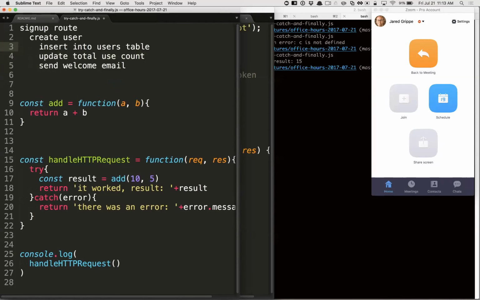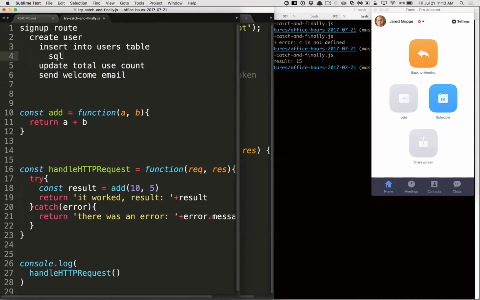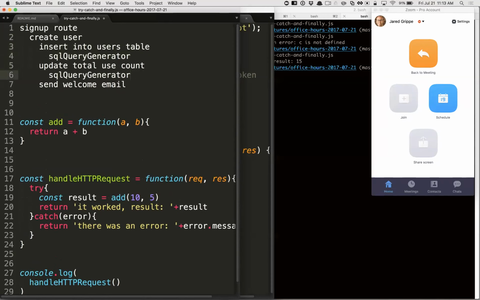We could put an if statement somewhere in here that would stop what was happening. But if I'm nested down inside of here, so maybe in here there's some sort of SQL query generator that we're using that's used in both of these things, right? If inside the SQL query generator there's an error, like you gave us a string for a field and it should be a number and it's not valid, this thing can throw an error, which allows the calling function to catch and rescue from it if it's programmed to do that. If it's not, then it bubbles up to the create user,